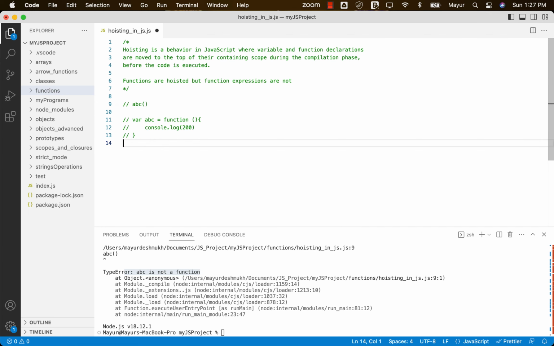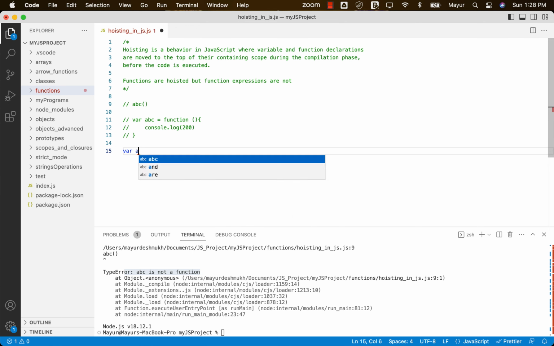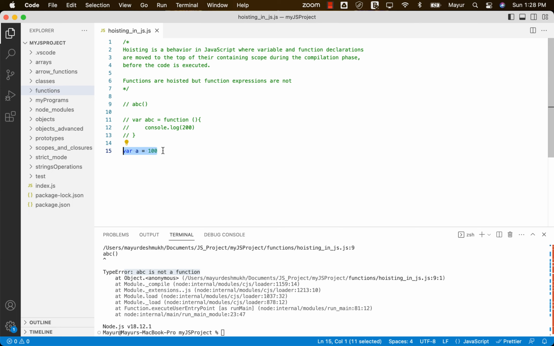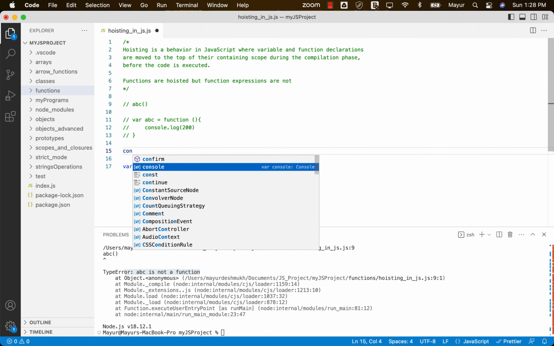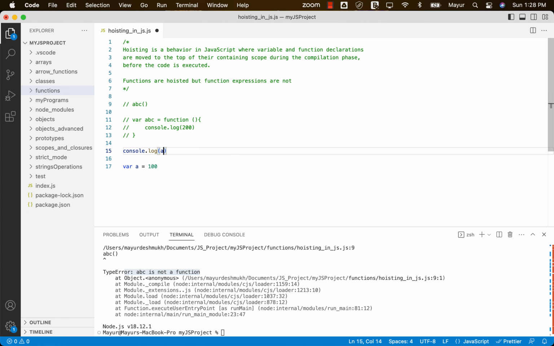Now let's come to the variables part. Variables are also hoisted, but it's a little different. In the sense, let's say I have a variable declared with var a is equal to 100. Now in this one, there are two things. There is variable declaration and then there is variable assignment. In the process of hoisting, variable declaration is done, but not the assignment. So if I try to access the variable before line 17 here, see I do console.log and try to access the value of a,